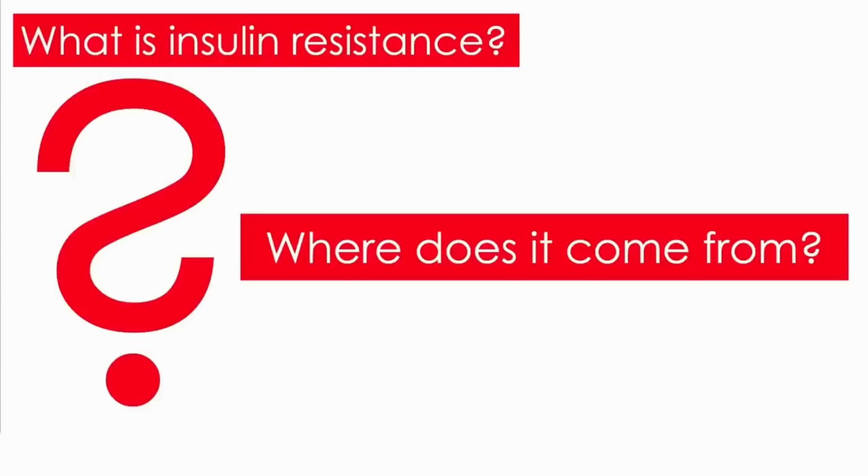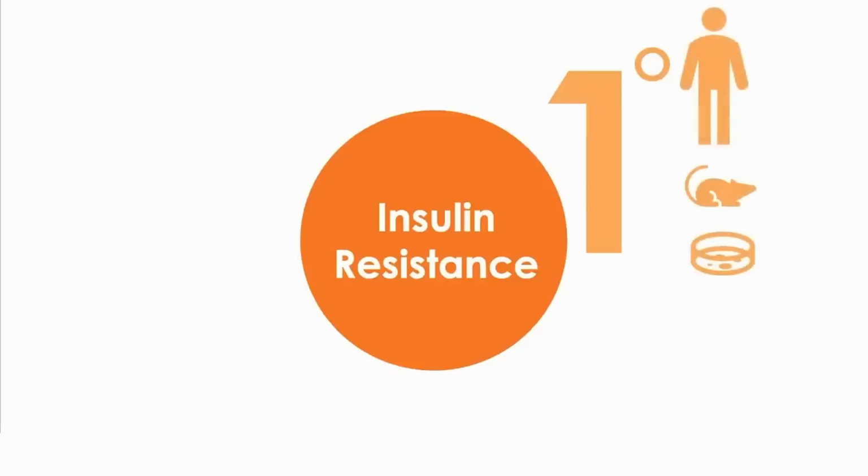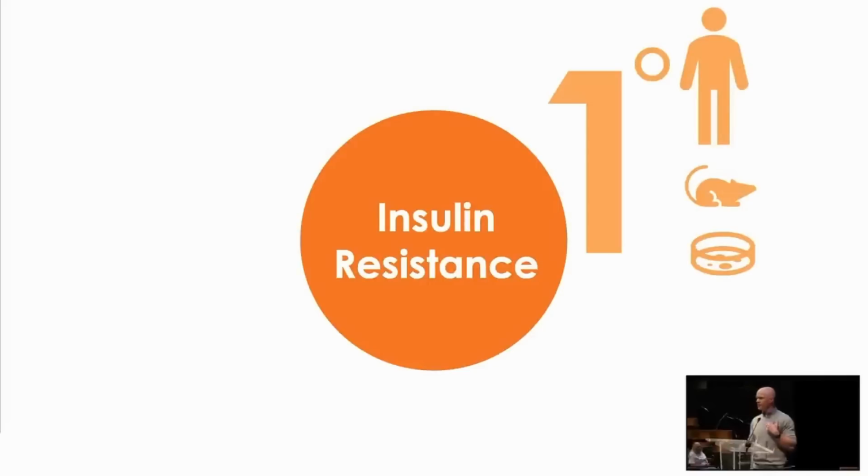All right, now, we understand what insulin resistance is. I've identified the villain of the story, but now we need to understand its origins. How did it become the villain that it is? With insulin resistance, there are what I consider to be primary causes. And there are secondary, and there are a myriad of them, but I want to focus on the primary for the sake of time and precision, where I define the primary causes as being causes that can independently of anything else contribute or cause insulin resistance in all three commonly used biomedical models.